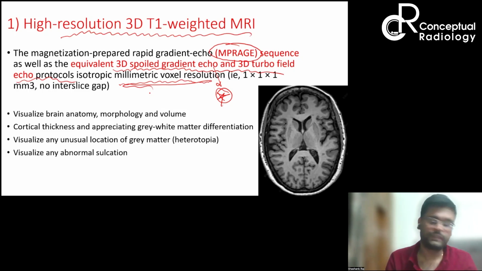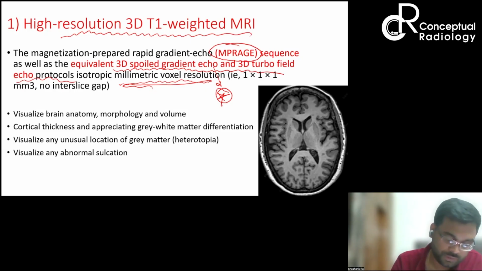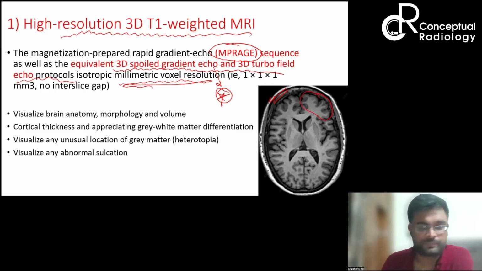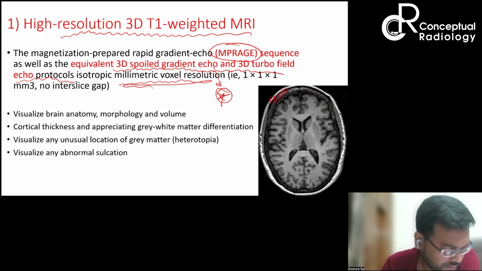So what is the advantage of the T1 weighted sequence? As you can see, this is the MP-RAGE sequence. You can see the brain anatomy quite beautifully on T1 weighted MR. So you can see the morphology